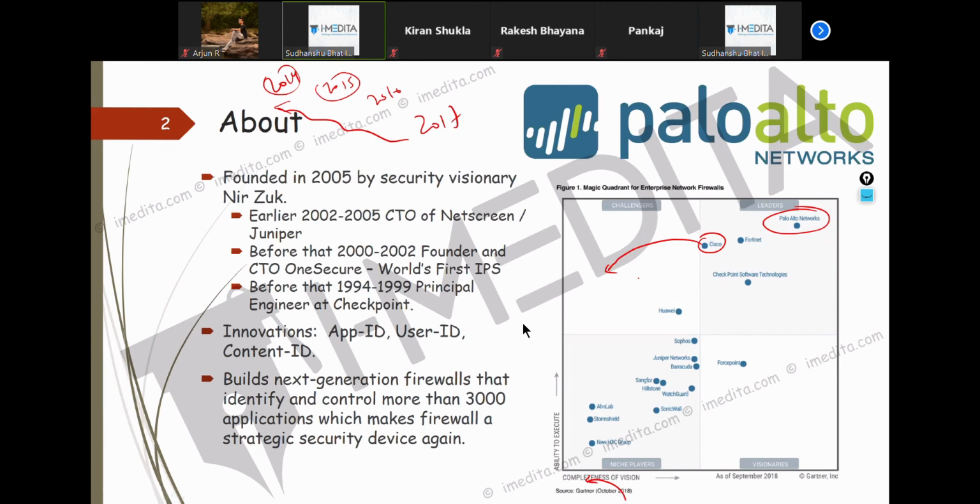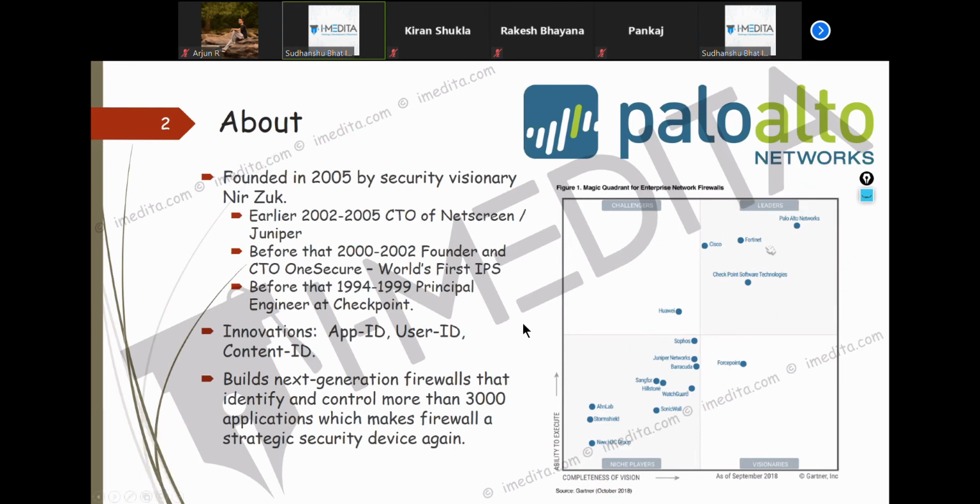The market leaders are the ones being sold a lot and having the most features out of all these vendors. The others are small-time players who may get into challengers and leaders. I hope I've made myself clear.